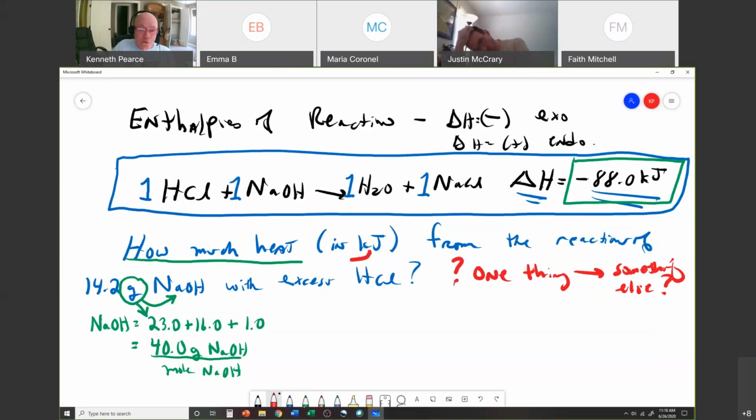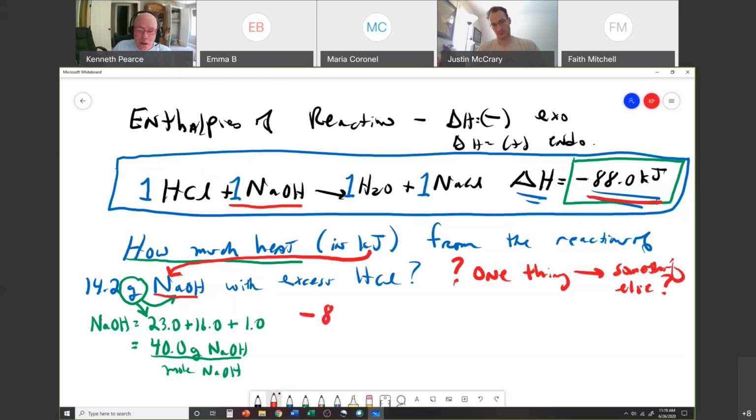kilojoules. You see that? We're going from kilojoules and grams sodium hydroxide, or just sodium hydroxide. We're going between these two things. What does that mean? That means we're going between the sodium hydroxide and the heat. This is one thing to another thing. And what did we do if we were going from, say, one molecule to one molecule, had a mole ratio between the two? Now, this is not a mole ratio, but it's still a ratio, and we would say